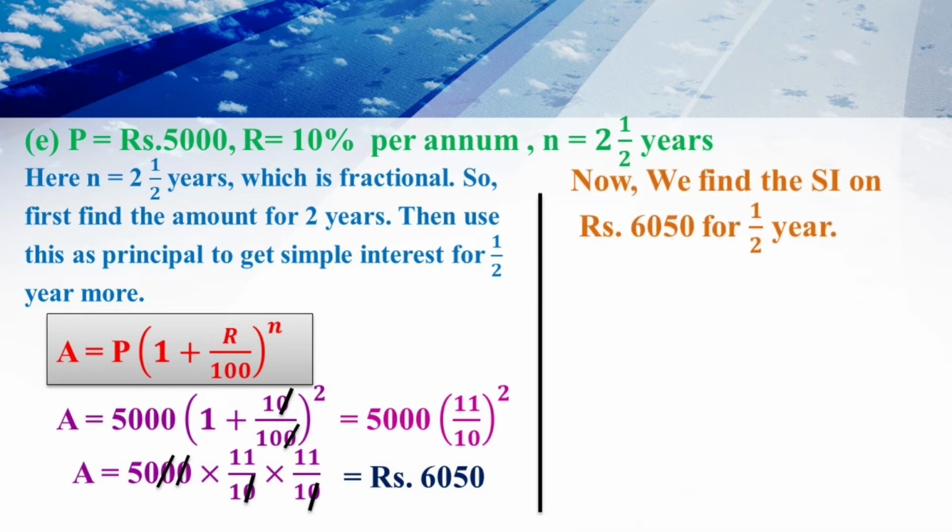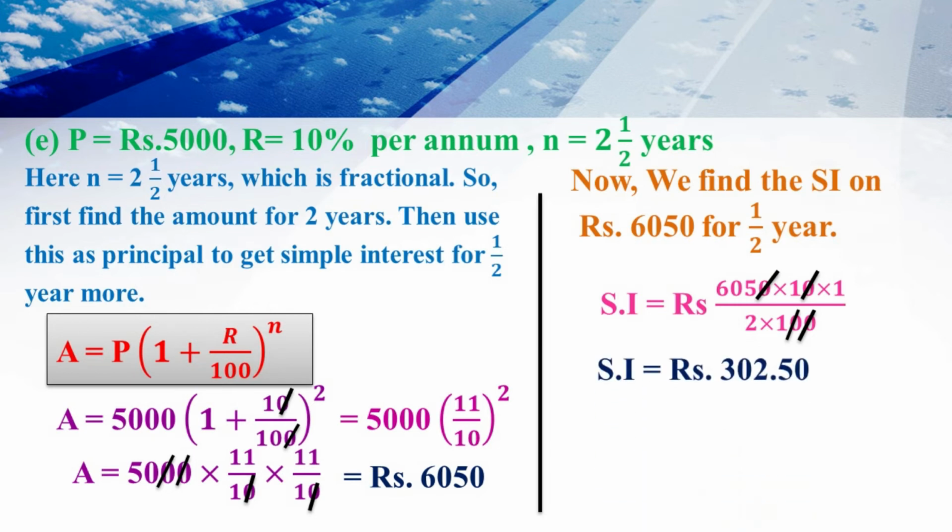Now we find the simple interest on rupees 6,050 for a half year. Simple interest is 6,050 into 10 into 1 divided by 2 into 100. Now cancelling by the common factor, again cancelling by the common factor. Balance 605 divided by 2. The answer is 302.50. So simple interest is rupees